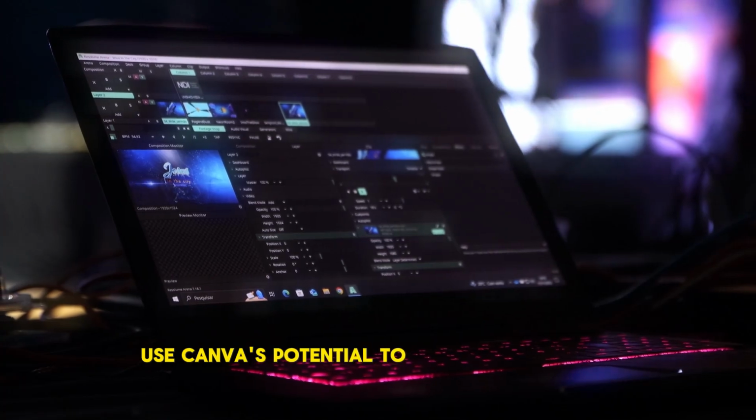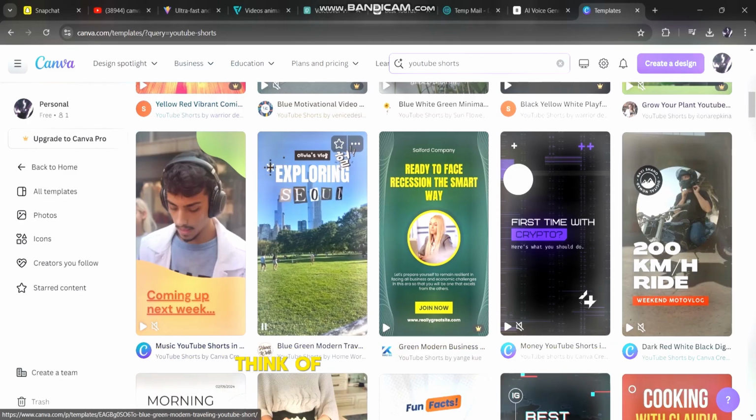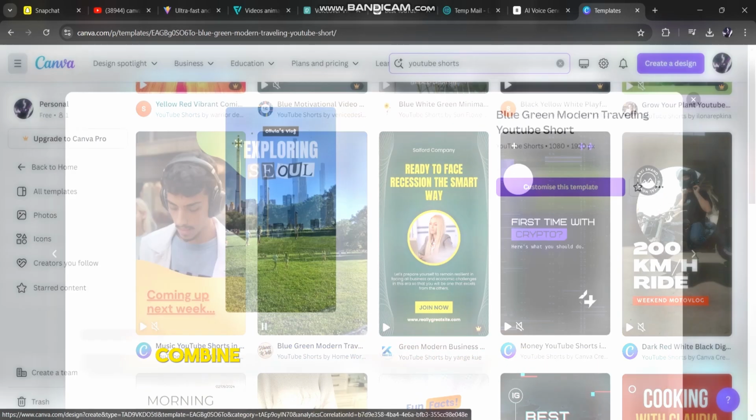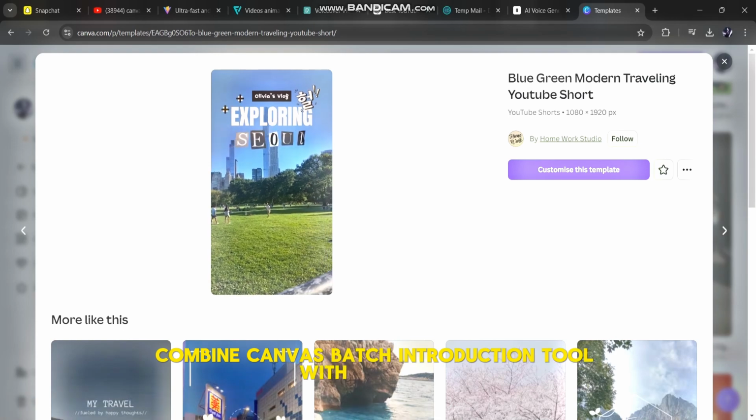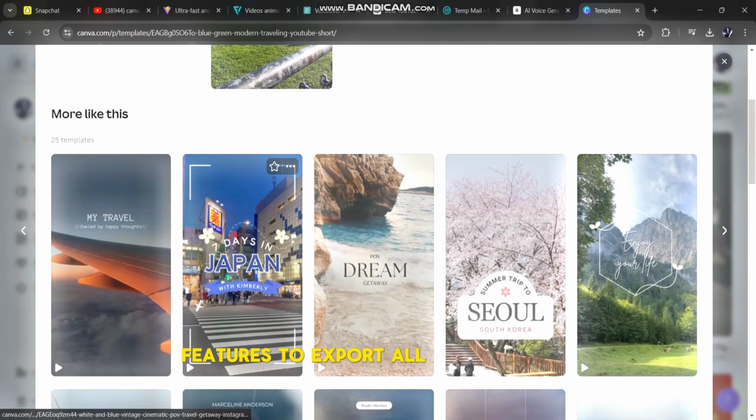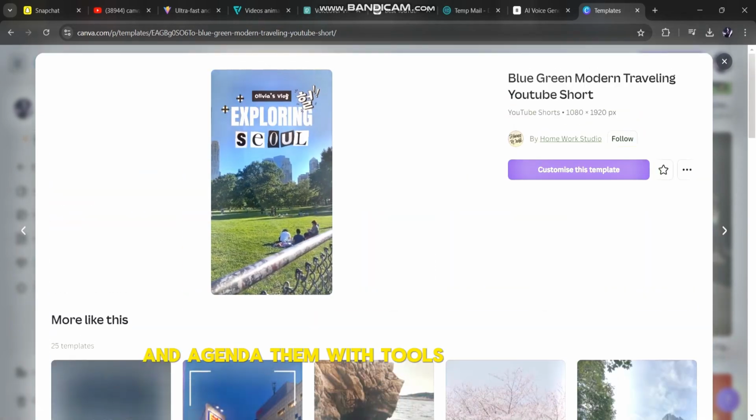Use Canva's potential to create a couple of templates. Think of distinctive colors, fonts, or layouts to keep your content unique, and that is where the real magic occurs. Combine Canva's batch creation tool with ChatGPT's bulk script generation. Use bulk download features to export all your videos at once and schedule them with tools like Hootsuite or